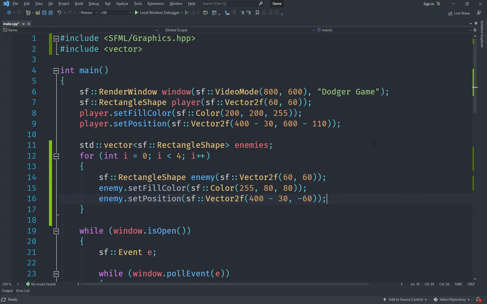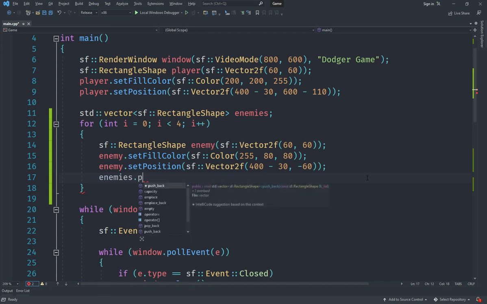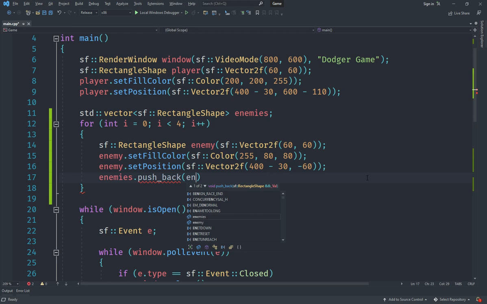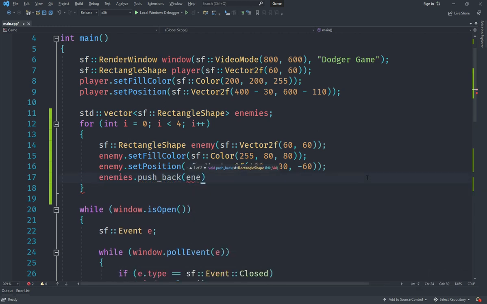But what we need to do now is, at the end, get our enemies and add this enemy to the list of enemies, push back enemies, like that. Okay, so that is awesome. Now obviously this is going to work, but the problem is that all of our enemies are going to